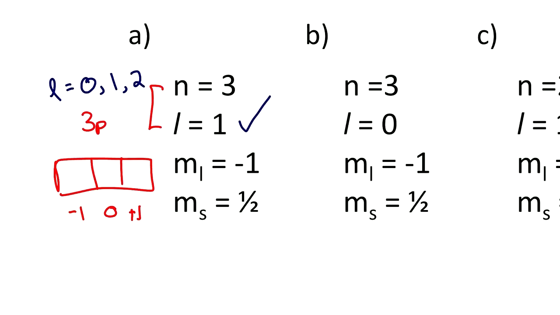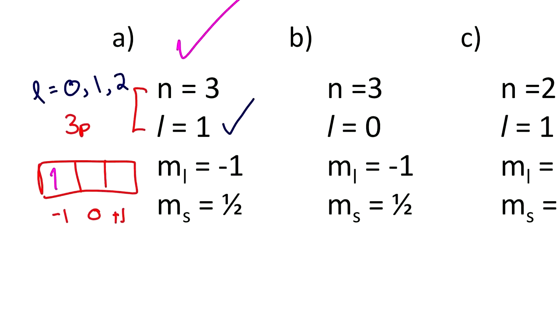So we're just trying to put an electron right here. And then can we have a spin of 1/2? Yes, we can. That's what this is, so this is what that picture would look like. That's how we've located our electron. It's in a 3p subshell, in the orientation -1, and has a positive spin. So this one is allowed. Yes.